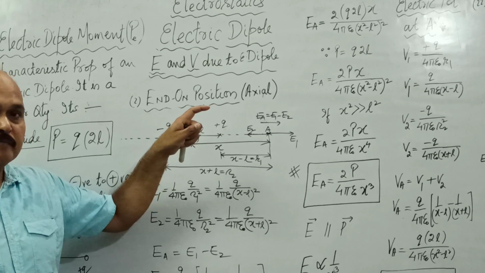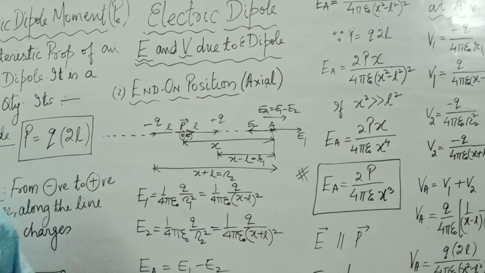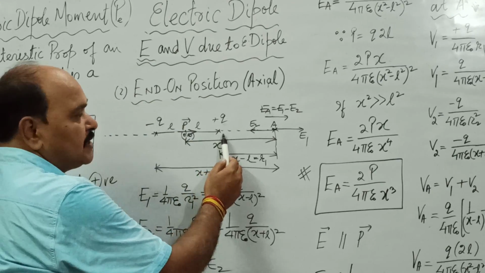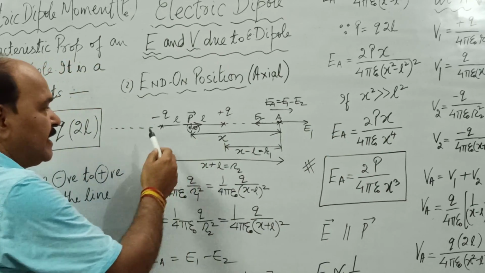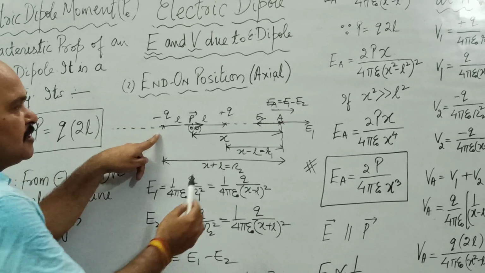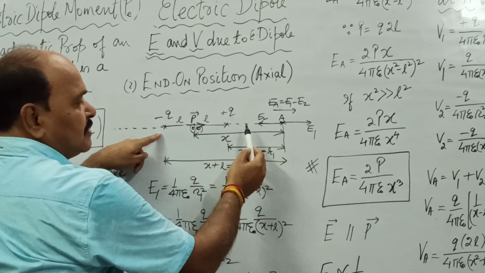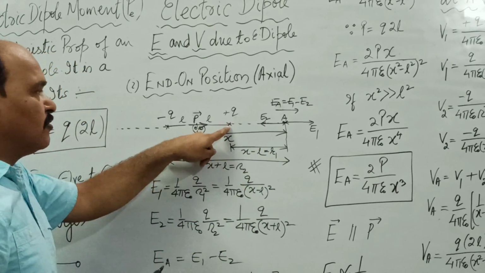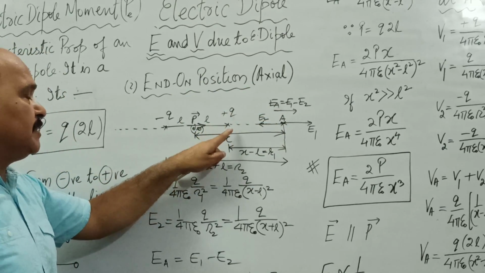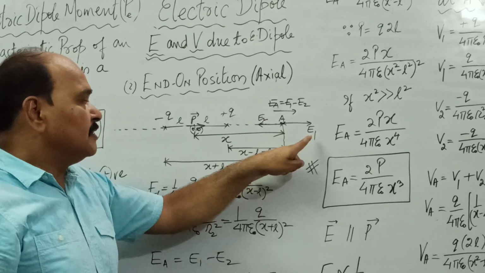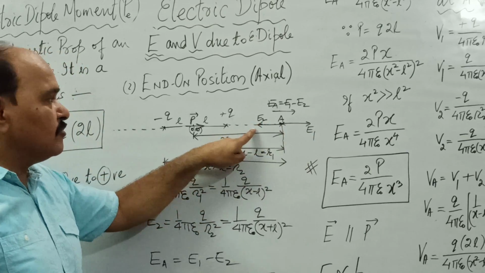Electric field intensity, we already know, because of a positive charge at any point is away from the charge, and electric field intensity vector because of a negative charge is towards the negative charge. Since this positive charge is closer to point A, the electric field intensity because of the positive charge would be greater in magnitude, that is E1 is going to be greater than E2.